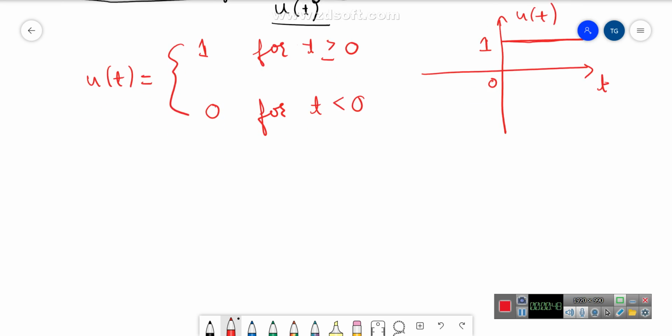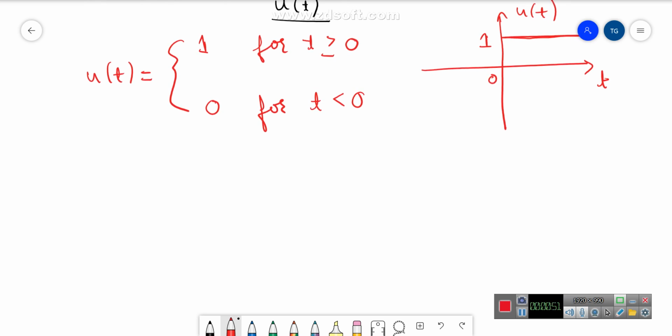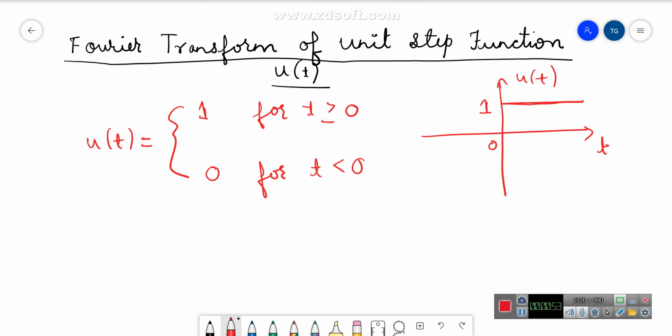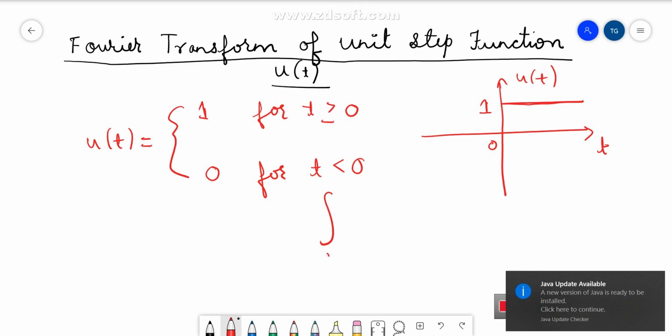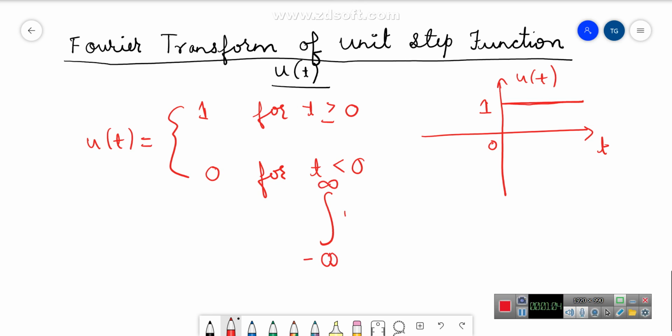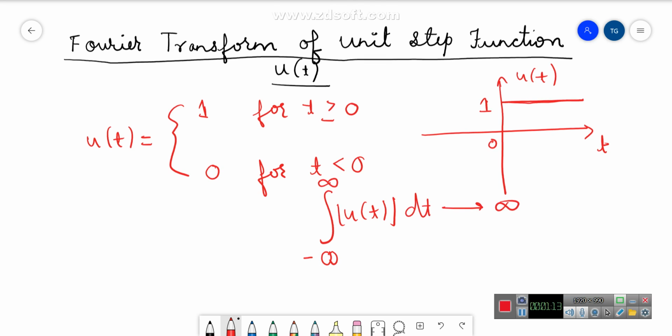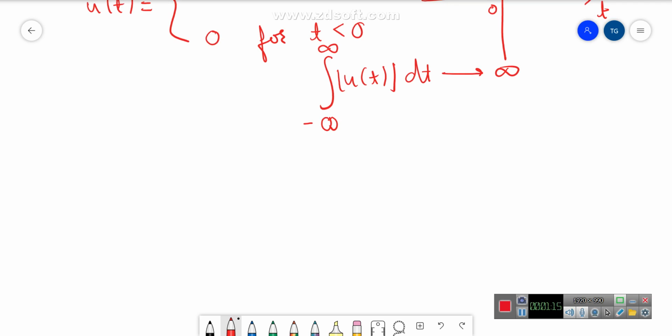In order to find out the Fourier transform, this is also not an integrable function. When we integrate mod of u of t dt from minus infinity to infinity, this also tends to infinity. Therefore, in order to find the Fourier transform of the unit step signal, we have to express this in terms of a